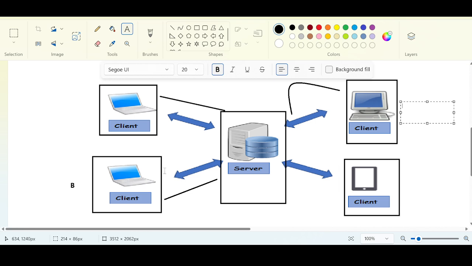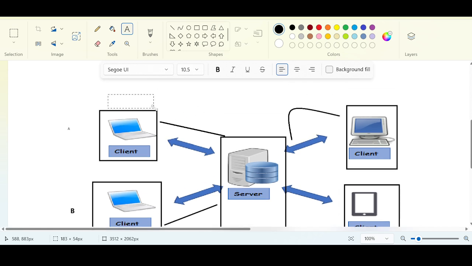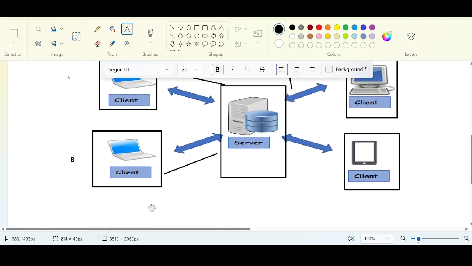Your application logic is distributed. For example, let me give you a small example. We want to develop a calculator application. I can develop that in my own system. What if I want to distribute the logic? I want to say that client A, you keep the logic for addition. Client A, you develop the logic for the addition operation, you develop the logic for subtraction, and you develop the logic for multiplication.